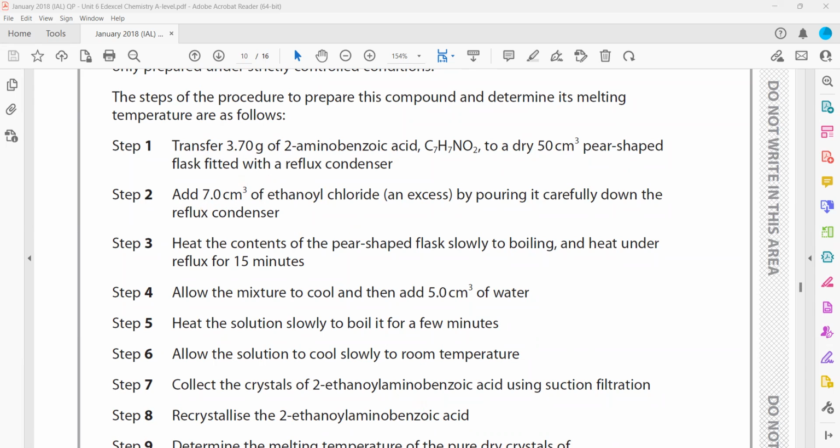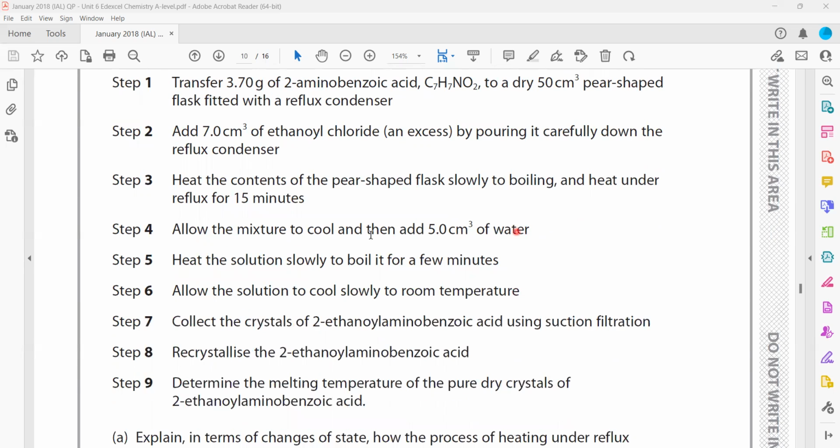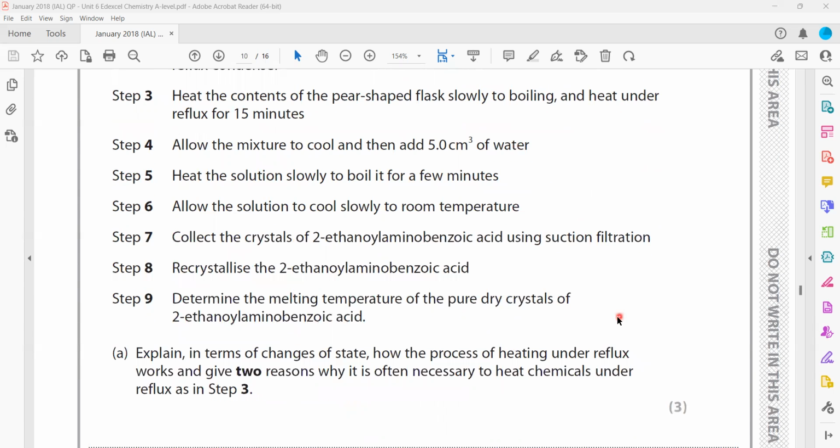Then add 7 cm³ of ethanoyl chloride in excess and pour it carefully down the reflux condenser. Then heat the contents for 15 minutes and allow the mixture to cool. Then add 5 cm³ of water. Then heat the solution slowly to boil for a few minutes and allow the solution to cool to room temperature, and collect the crystals by filtration under reduced pressure, then recrystallize and determine the melting point of the